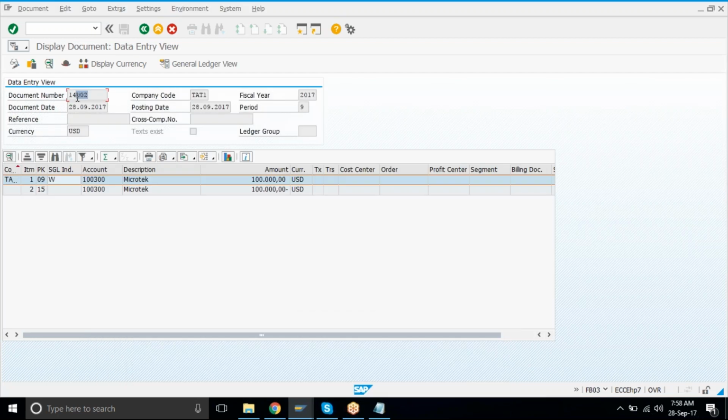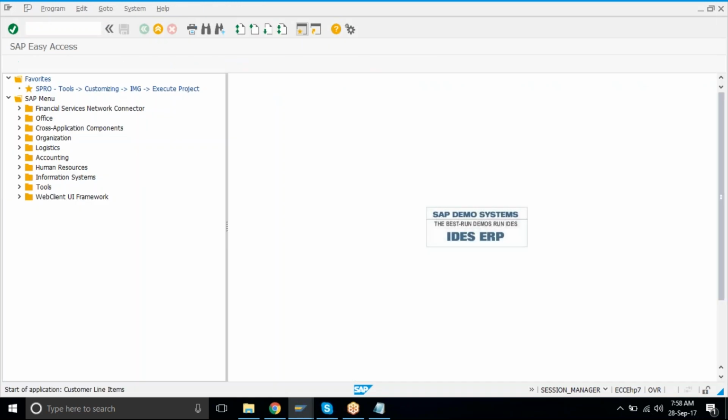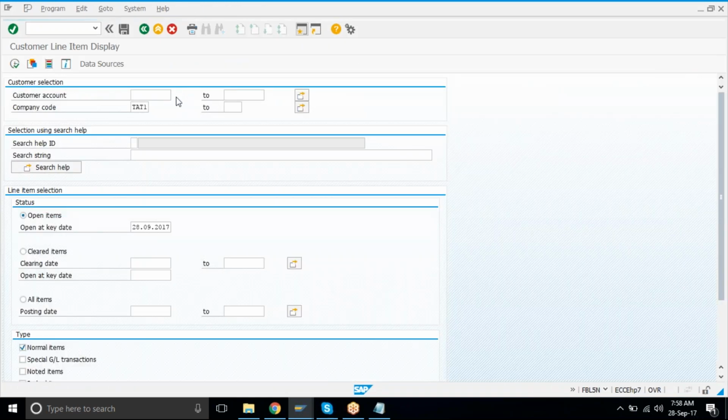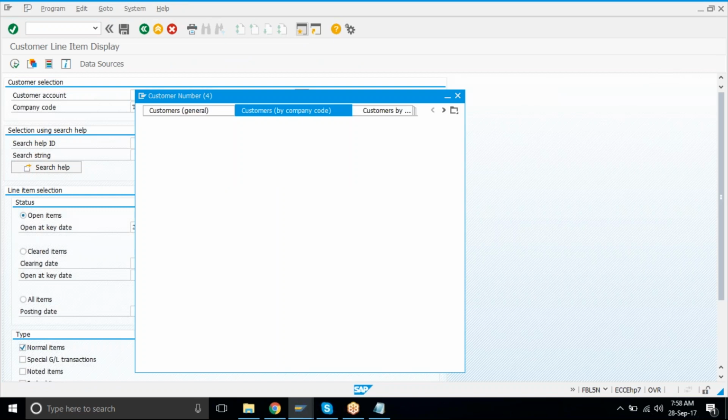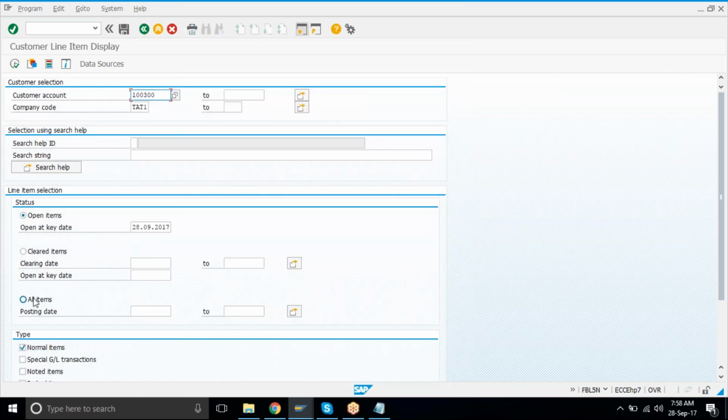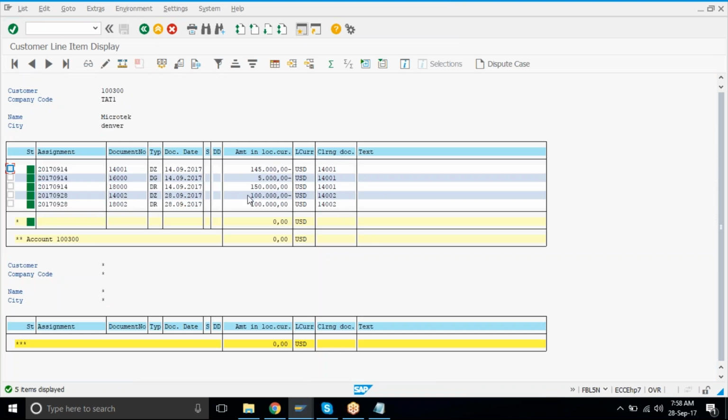Then after, check the payment document number. It was 14002. This is the document you receive after doing the F-36 payment. If you don't remember, you can go to FBL5N, choose the customer for which the bill is due, all items, and execute. You can find this very easily over here.